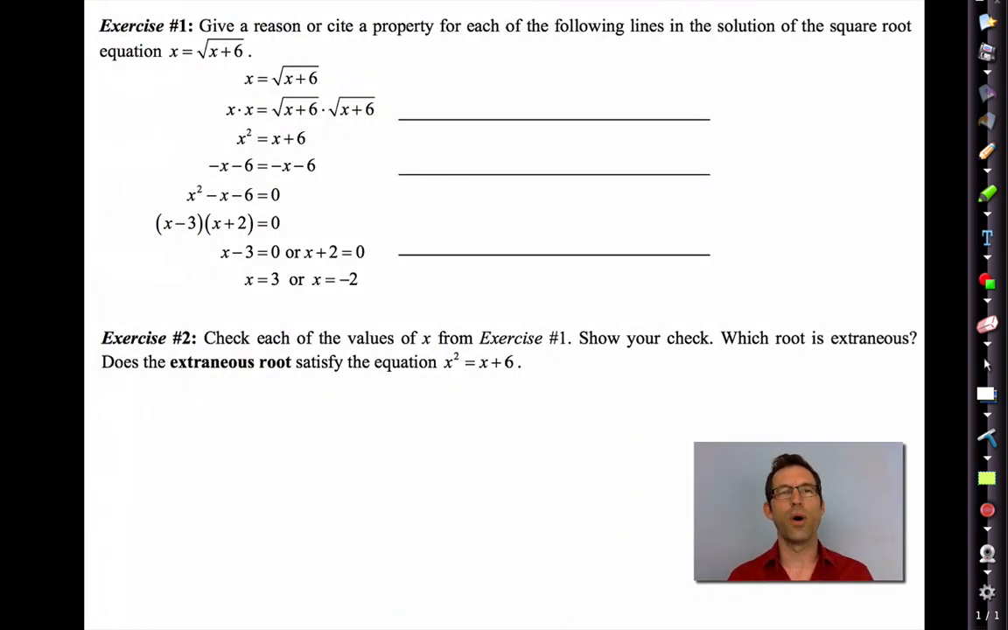In exercise number 1, it says give a reason or cite a property for each of the following lines in the solution of a square root equation. So cite a property or give a reason. So let's say that we're trying to solve this equation. X equals the square root of x plus 6, right? The first step that we typically do is we square both sides. But what does that really mean? It really means that we're taking this equation and, if you will, sort of multiplying it by itself. So that is justified by using that